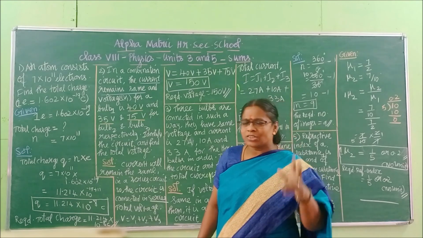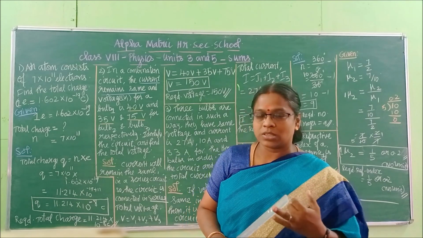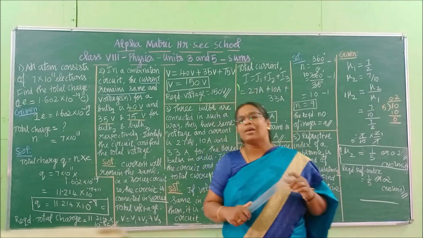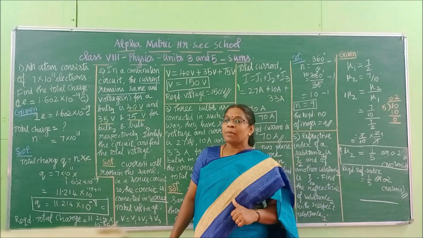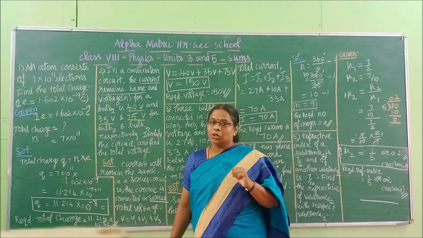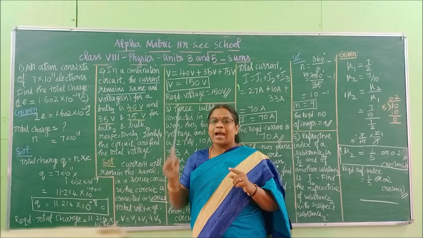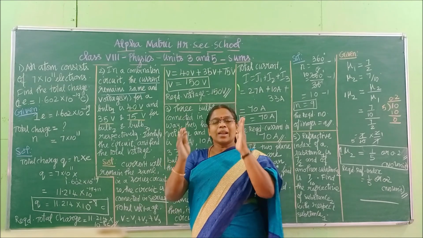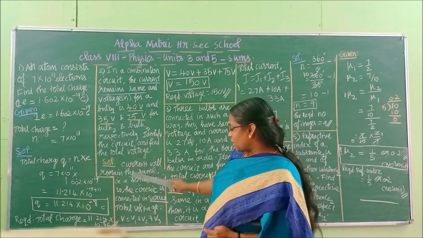They are saying that the current remains the same and they are asking us to find what type of circuit this is. Actually, what are the types of circuits? Series circuits and parallel circuits. So in a tabular column also you would have learned this. In which circuit will the current remain the same? Series circuit only, I told you. Do you remember? Yes, E-R-I-E: I means current. So current remains the same in a series circuit. So that is what I have written here.